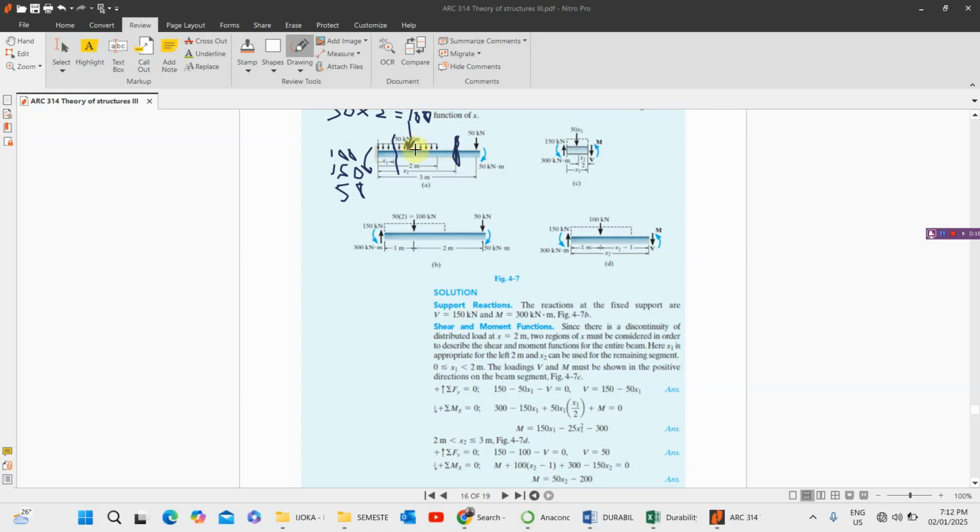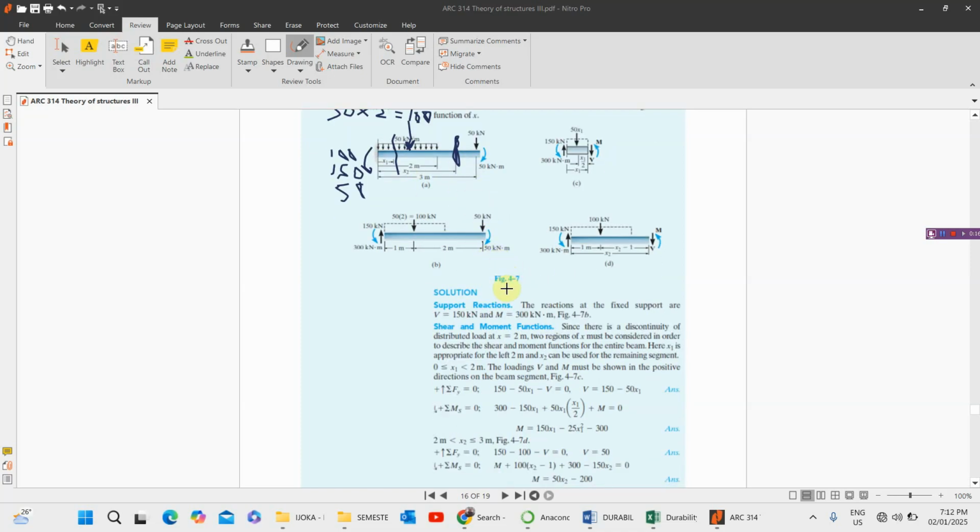The perpendicular distance is s2 minus 2 meters. Sorry, s2 minus 1, because this s2 comes from here, and this point load is acting at the center, which is half of this distance 2. So it will be 100 times s2 minus 1, plus